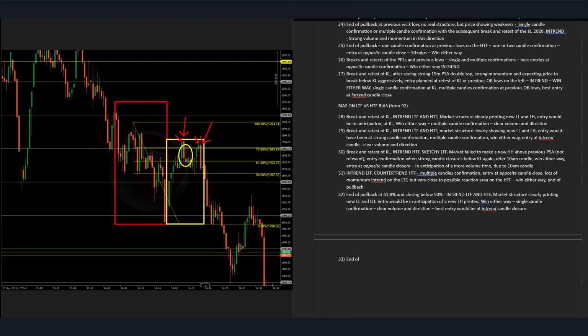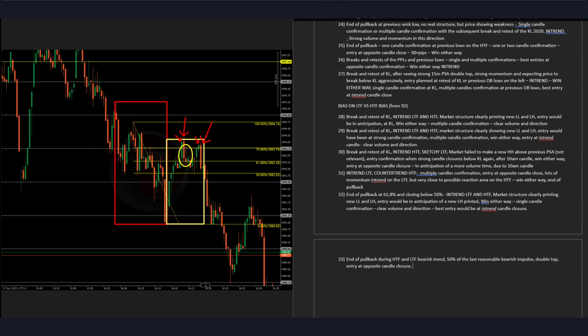End of pullback, during high time frame and lower time frame bearish trend. 50% of the last reasonable bearish impulse, double top, entry at opposite